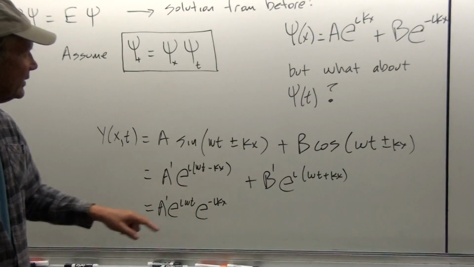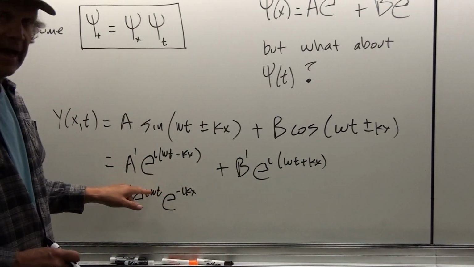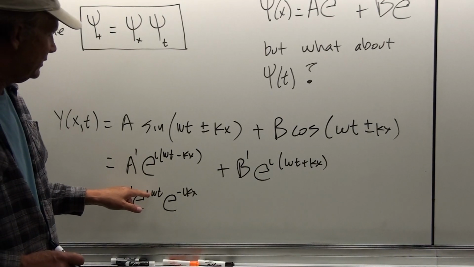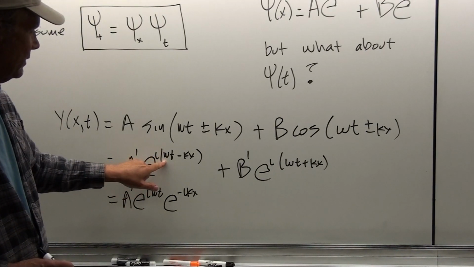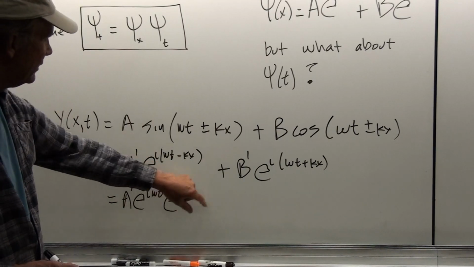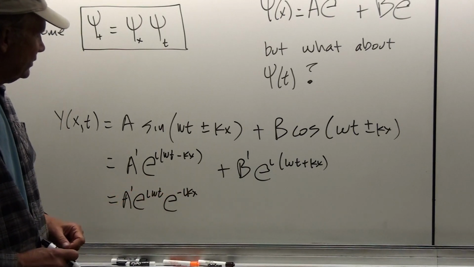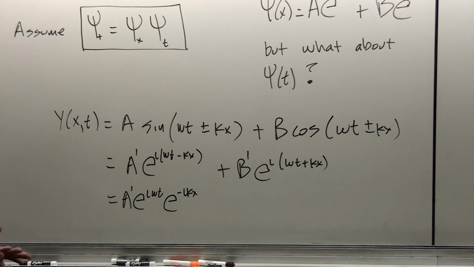And the reason why that's possible is that the exponents add. Okay? And so by writing this as the e to the omega t minus kx power, we can break that up into two different factors when they have the same number that's being raised to these different powers. You just add the exponents. Okay? And so